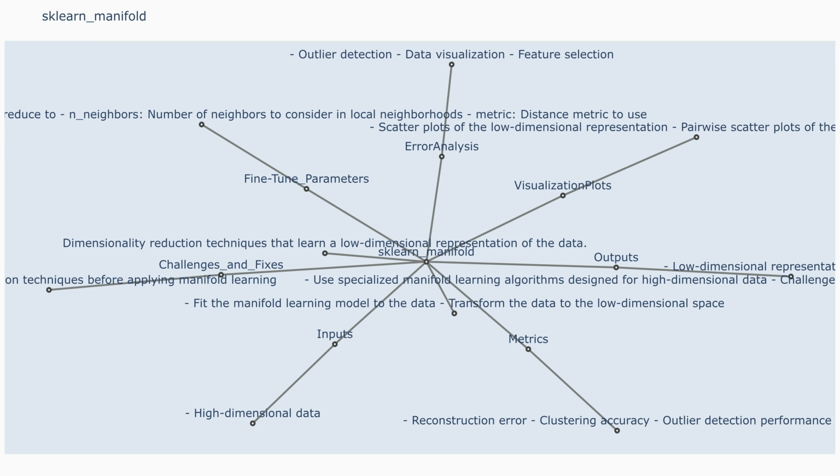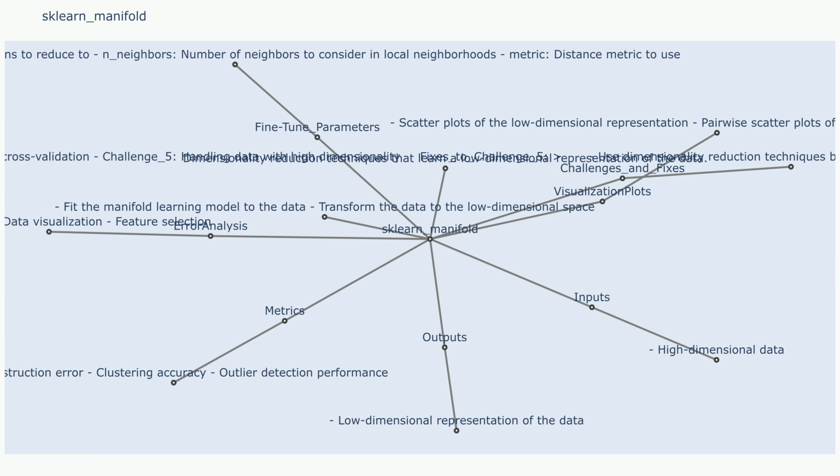Sklearn Manifold. Description: Manifold learning is a set of techniques used to learn the underlying structure of high-dimensional data by representing it in a lower-dimensional space. The goal is to preserve the essential relationships between data points while reducing dimensionality, making it easier to visualize and analyze the data. This often involves finding a lower-dimensional representation of the data that preserves certain properties, such as local neighborhoods, distances, or